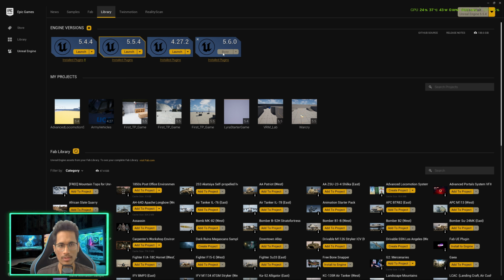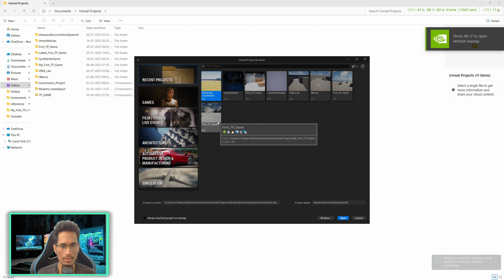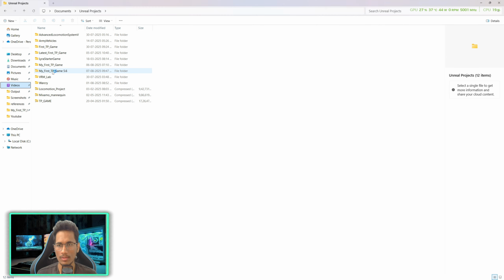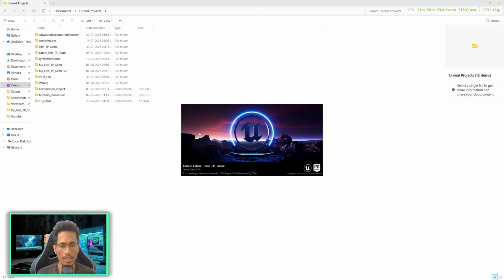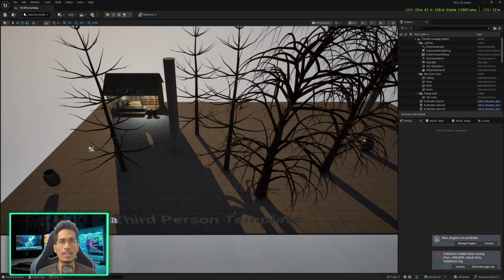So I'll just launch the 5.6 version and you will find this project browser. Select the third person game project, open a copy. When you open a copy, it will create a new project in 5.6. I'll say no. And see, we have not made any change in our program or in our code. I'll just go to edit, preferences,